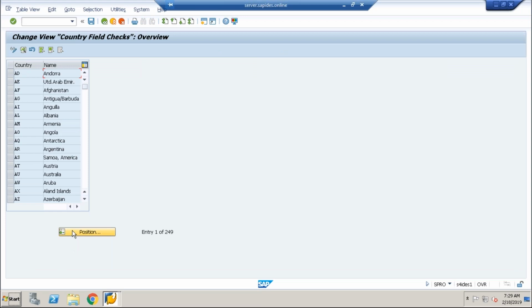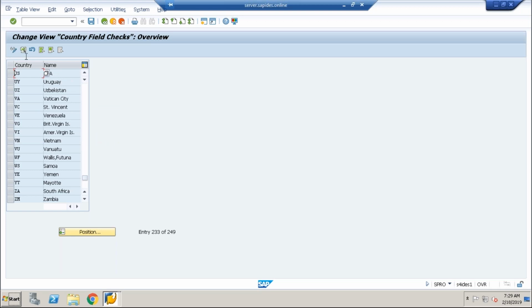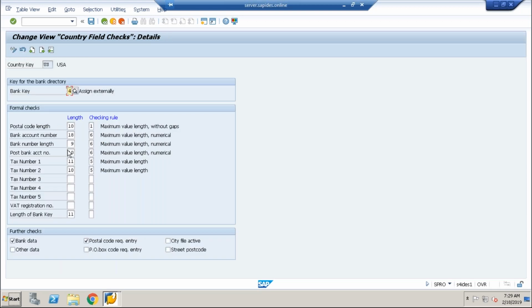So for example, if you talk about the US region, it specifies what the postal code lengths are. Everything is based on the region that you select. That's when these country code checks apply. That is at the NetWeaver Gateway level, where they configure all those things.